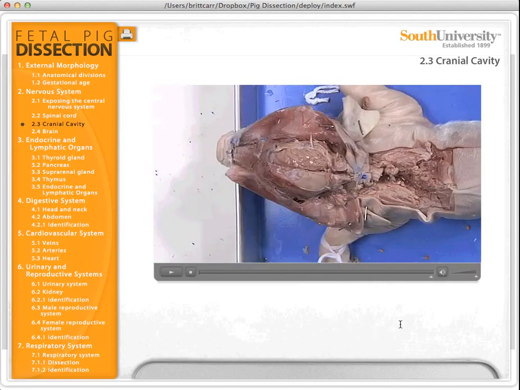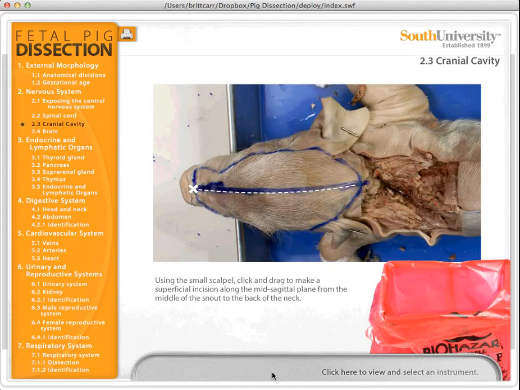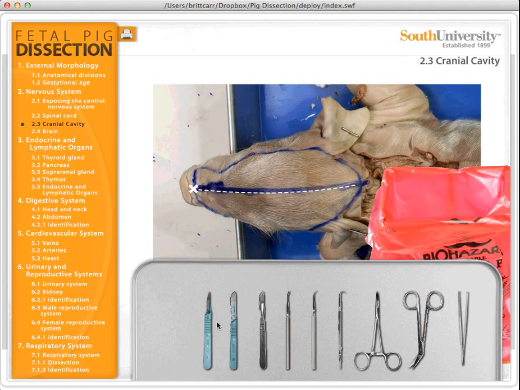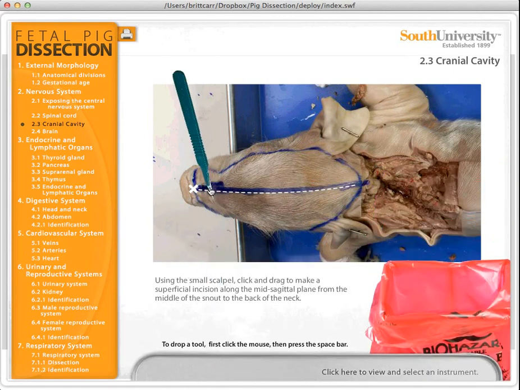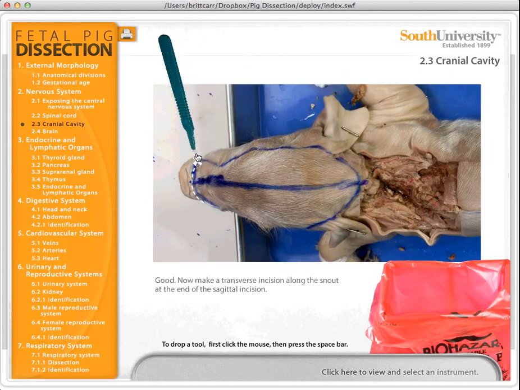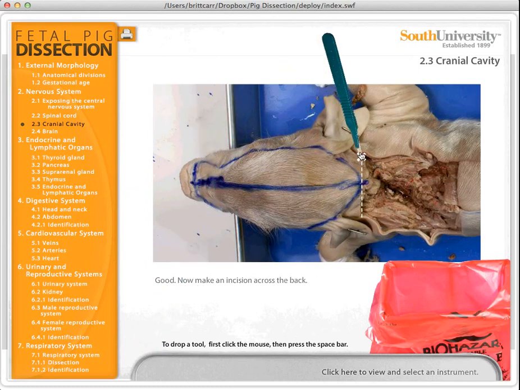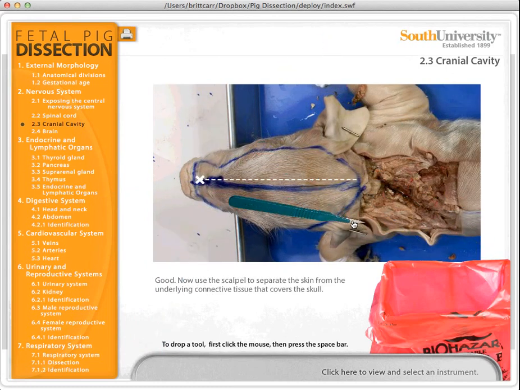And then after the video is finished, the activity will go ahead and load on its own. Okay, so now the student is instructed to use the small scalpel, put it in place, and click and drag along the dotted line to make the incision. So we have to go through and do a couple of these incisions to actually get the skin so that we can